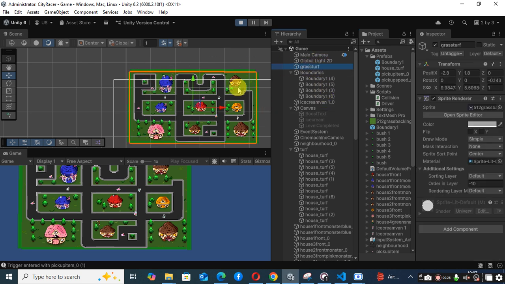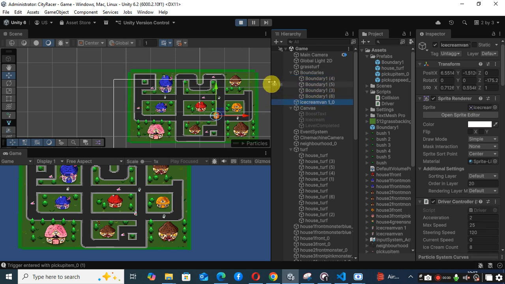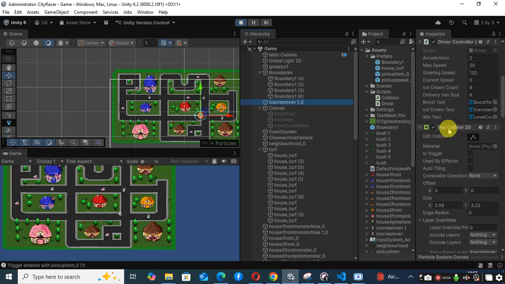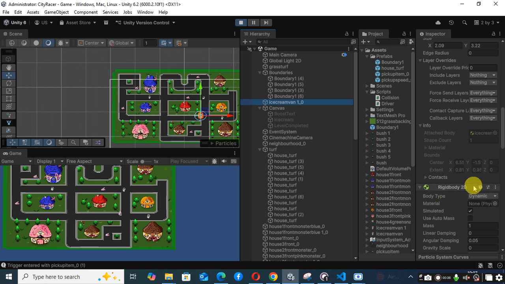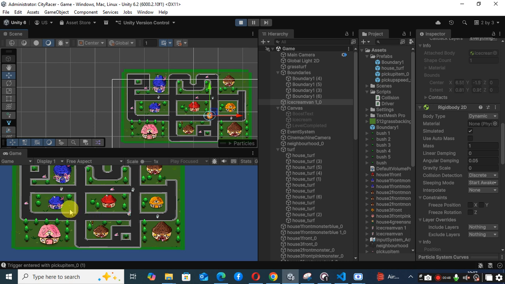In the grass turf, we will create four boundaries, like 1, 2, 3, 4, and in those four boundaries we will add a box collider, add a rigid body, increase the mass of the rigid body, and then set the gravity scale to 0 so that when certain things collide with it, it doesn't move. Then we will create our game object,